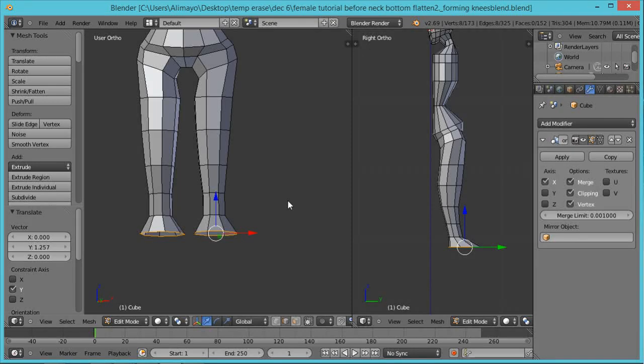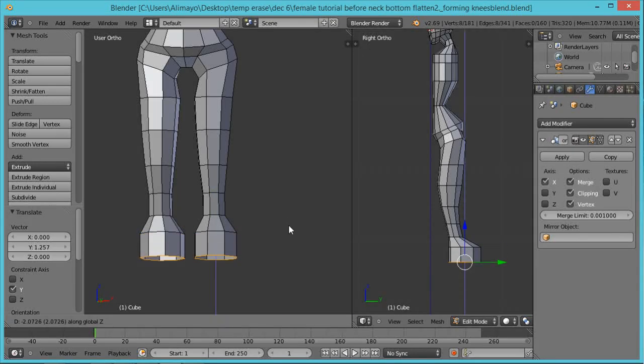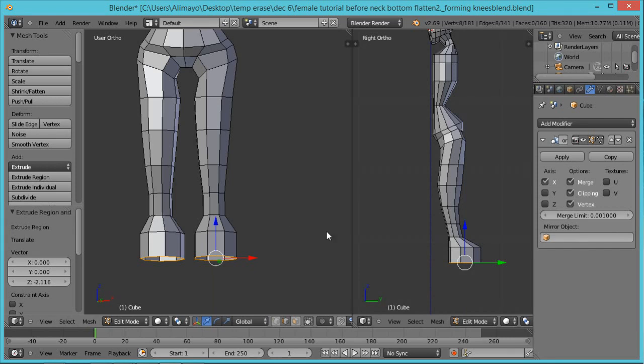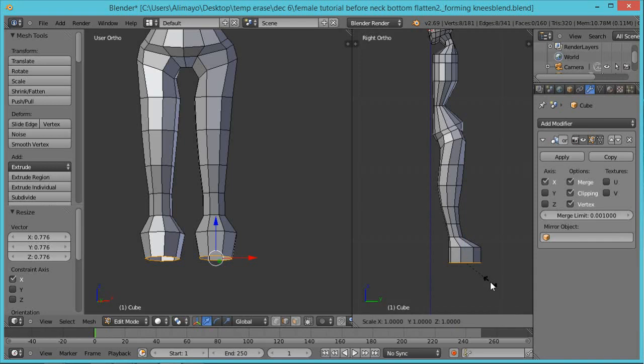Okay, and now what you're going to do is hit E to extrude on the Z-axis, down like this. Left click to lock in, S to scale on the X-axis like this. Go to your side view, S to scale on the Y-axis like that. And I tend to